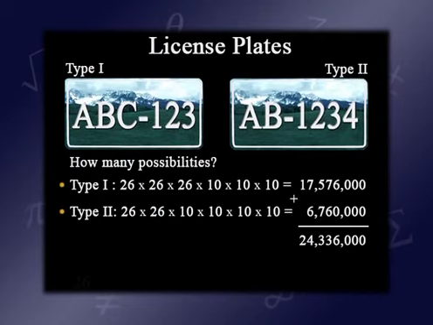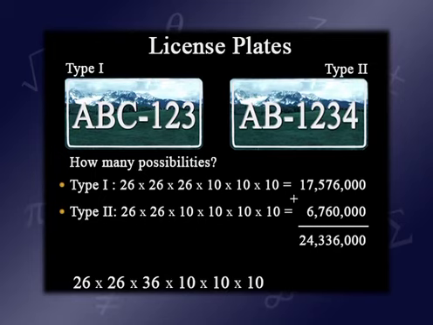So for example, in this last problem we did, we can actually do it in 1 step instead of taking 2 steps. For instance, the first letter is 26 choices. The second letter is 26 choices. Whether we're of type 1 or type 2, we've got 26 times 26 ways to get started. But what about the third item on the license plate? Well, it could either be a letter or a number. So how many choices do I have for that third item? 26 plus 10, 36 possibilities. And then the remaining 3 items, those all have to be numbers. So I have 10 choices, 10 choices, 10 choices. When you multiply those numbers together, 26 times 26 times 36 times 10, 10, 10, we get the exact same answer we had before,